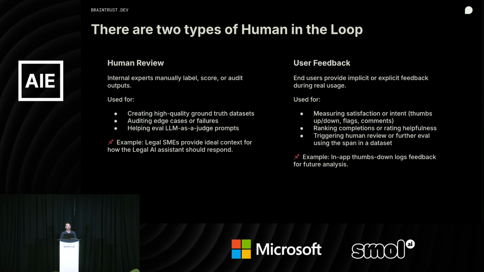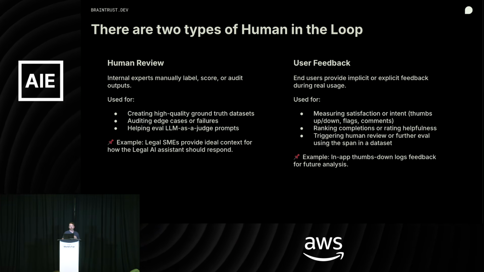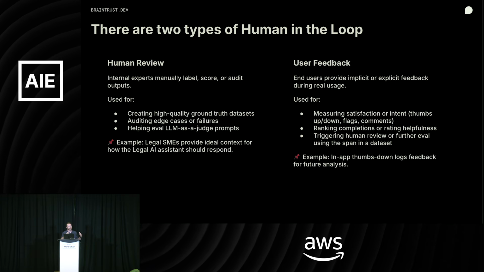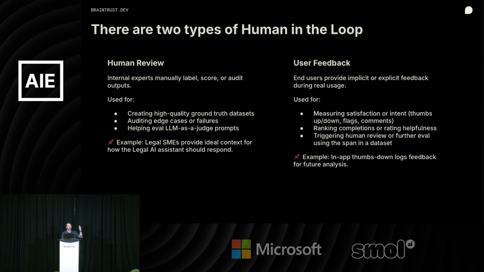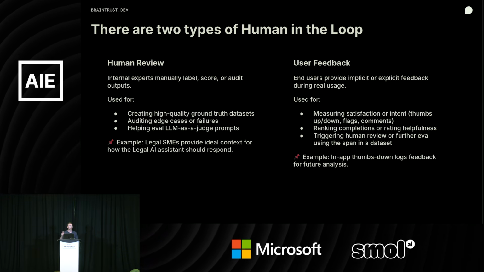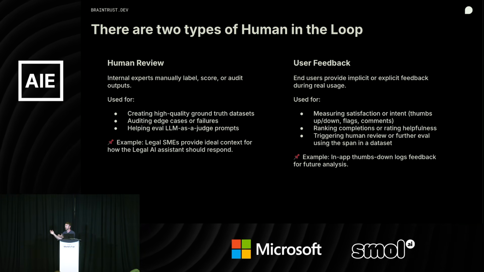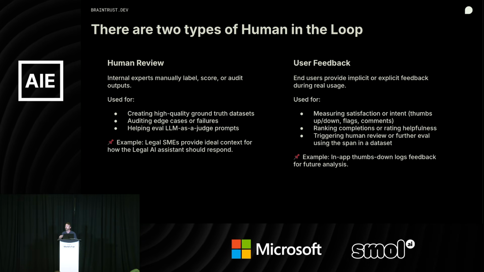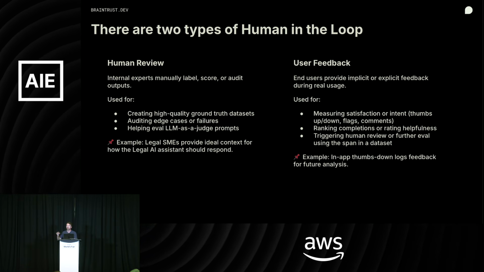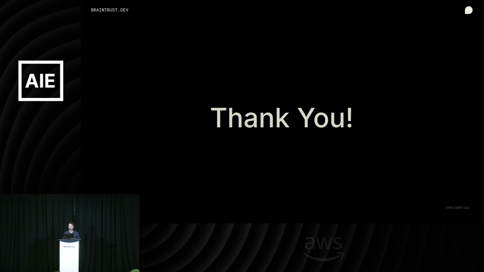Two types of human in the loop interactions here. I walked you through that human review. The two types: the human review, being able to create that interface within Braintrust that allows that user to parse through the logs in a really easy manner, as well as configuring scores that allow them to add the relevant scores to that particular log. And then the user feedback. This is actually coming from our users in the application. Again, being able to create views on top of that feedback that then power maybe the human review and then creates that flywheel effect that we want.